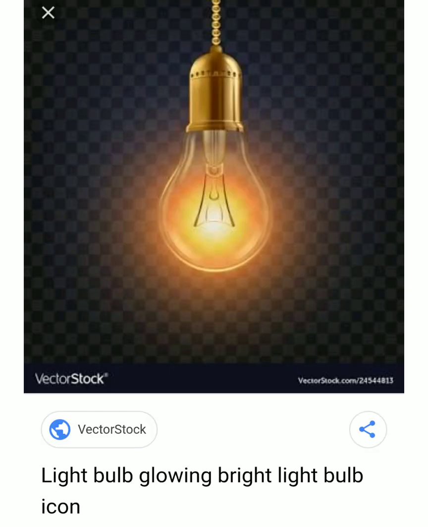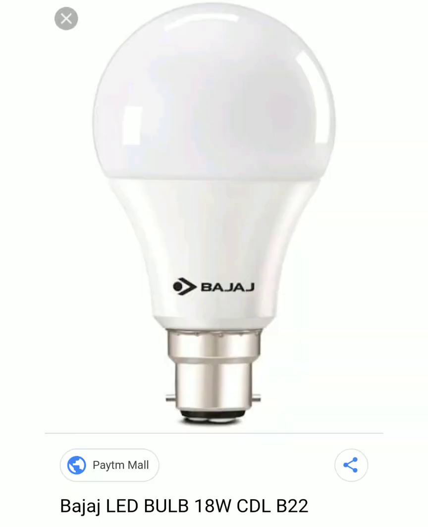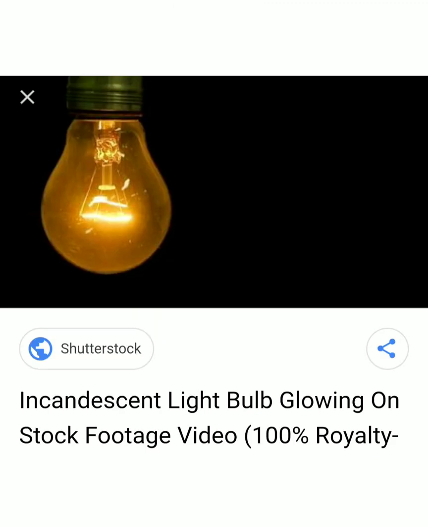Am I right? Did you see these types of bulbs in your home? We used them in olden days. What is its name? Do you know? It's a filament bulb. Now our homes shine with these types of bulbs known as LED bulbs. Now we are using LED bulbs. Why do we replace filament bulbs with LED bulbs? Do you know the reason?